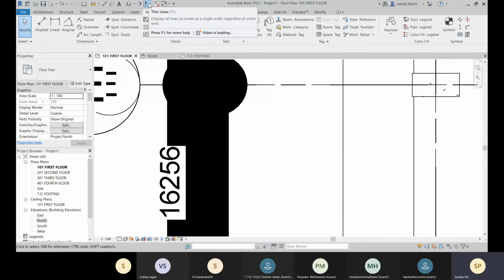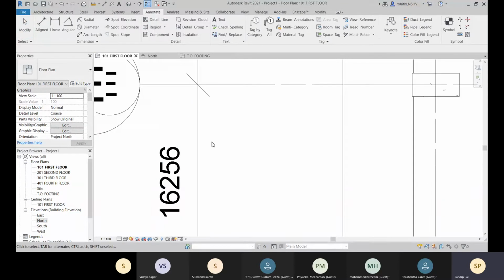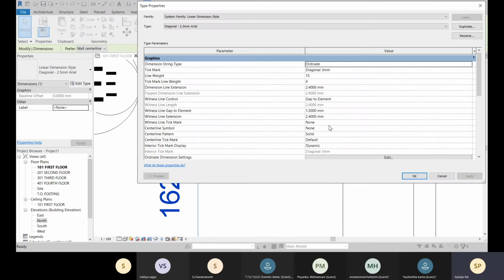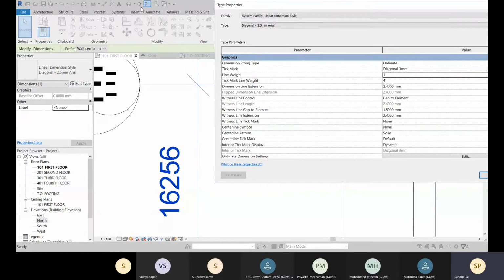When you have this thin line option, it will be overwritten. So if you really need to see this thickness for your dimension, you uncheck this thin line, and only then you can see it. So let's go for 1, and you can go for tick mark line width. For that, if you need to see it, uncheck that thin line option.